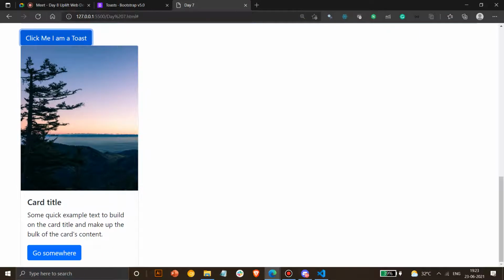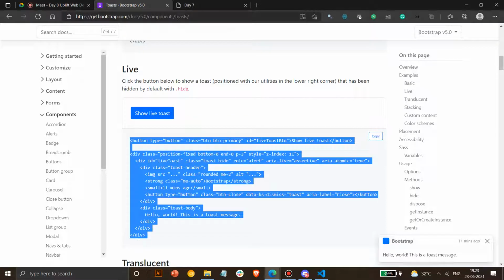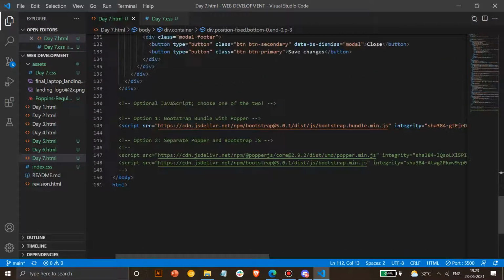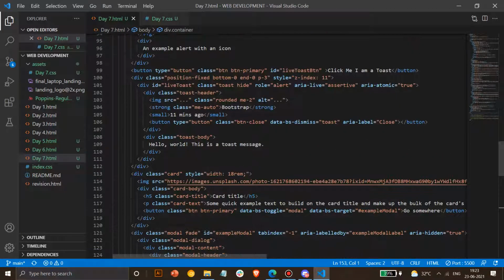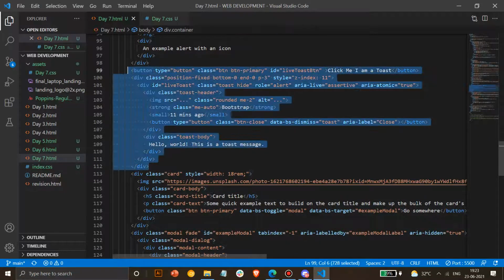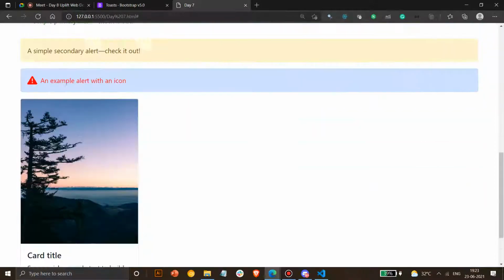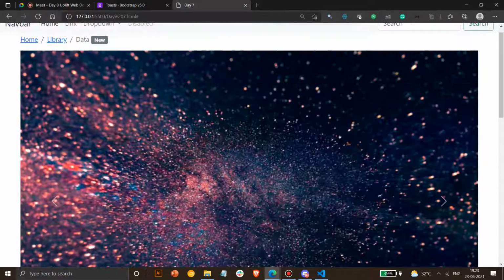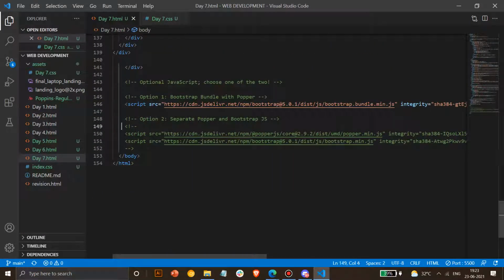So let's try. I think you have to enable JavaScript for it. I don't know why it's not showing. Let's take this code and try this. Oh, no. I think it requires JavaScript and popper.js specifically, these two lines.